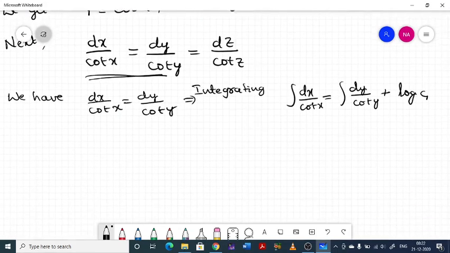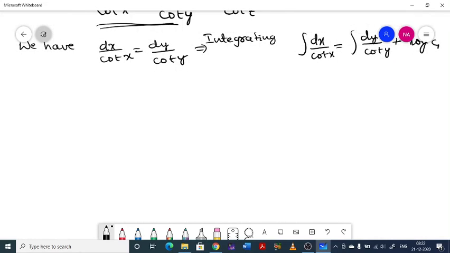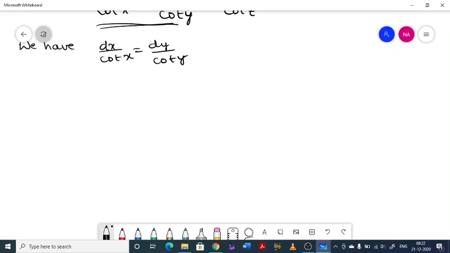Now integral of dx by cot x, that we can write as, so we can make this expression much simpler. Okay, I'll do one thing. I remove this. Before I'll write this expression as tan x dx equal to tan y dy. Yes, this is best. Now integrating,